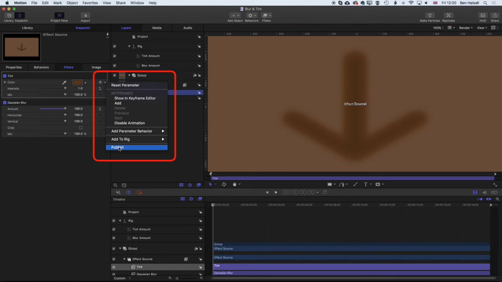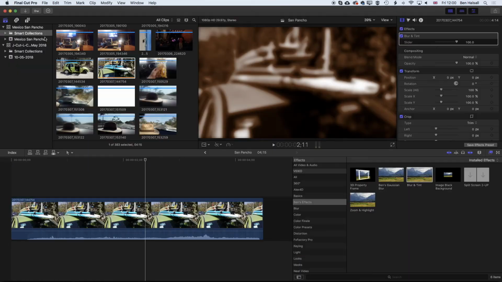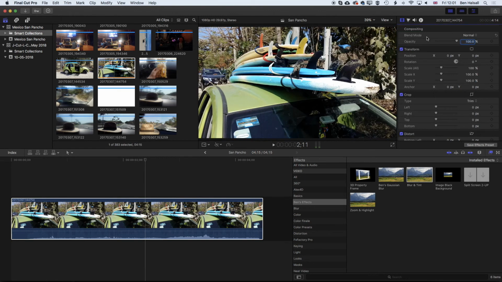Now the advantage of using the rig is that you have a little bit more control over the naming of things, but for the color, we have to come in here to actually publish it. So we'll publish that and go to File and Save. And now if we come back to Final Cut Pro, when you've applied an effect already, it will actually keep the previous version of that effect applied on the timeline. So we need to actually click here and delete the blur and tint effect from this clip, and then apply